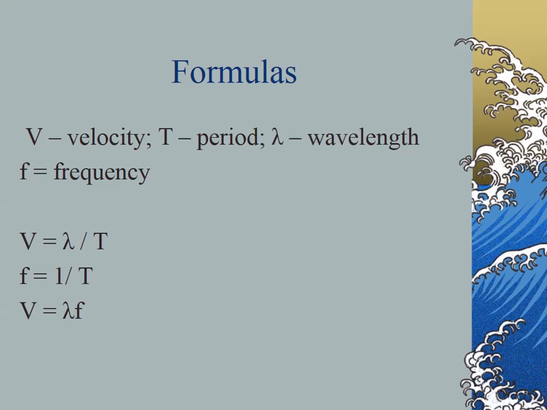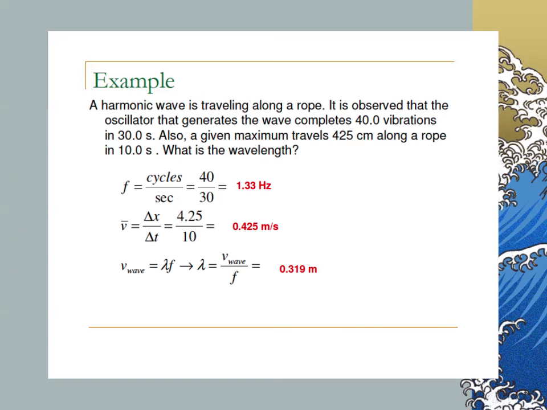Again, be prepared that they might obviously throw period in there. You could technically create a new formula, velocity equals wavelength divided by the period. Most of the time, I just convert it and use the initial wave formula you see on the bottom here. All right, and so here's one more quick example. I think they give you the number of vibrations in 30 seconds, so you actually have to calculate the frequency, vibrations over time, and then calculate how long this wave is.